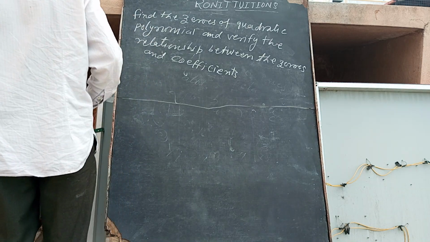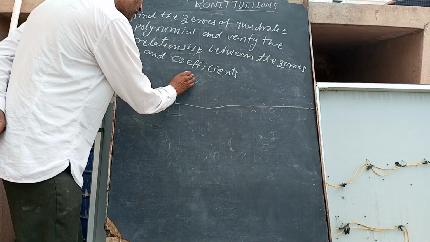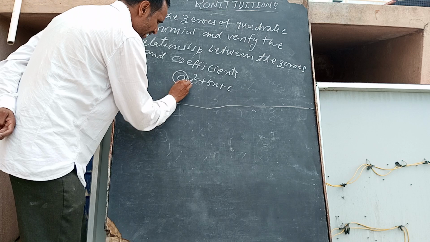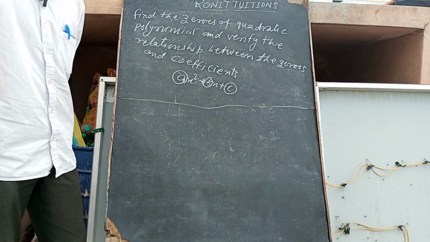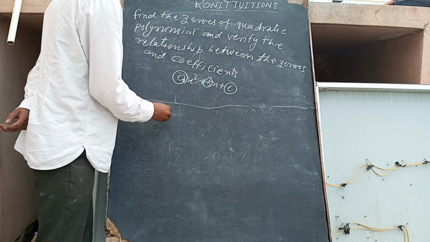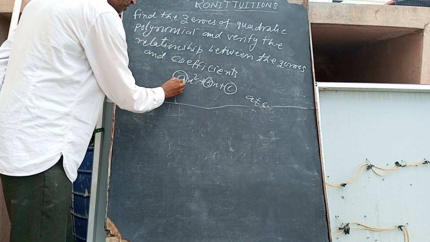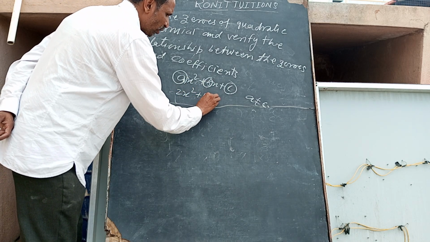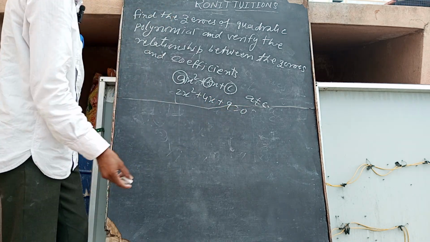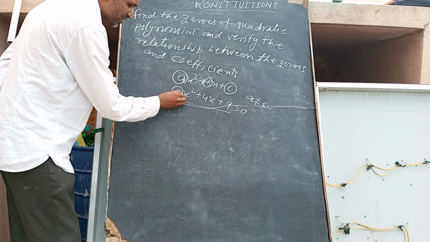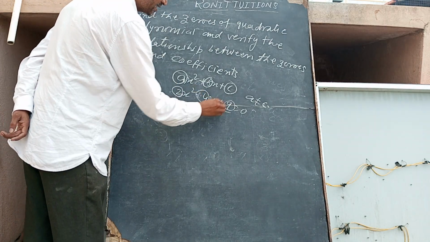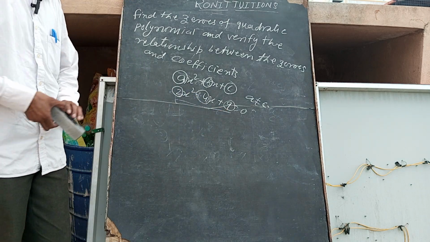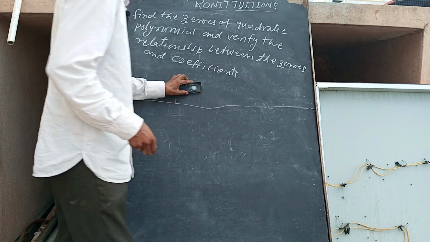Now first of all we have to learn what are the zeros, what is the coefficient. Coefficient means, suppose it is written ax square plus bx plus c. So these are called the a, b and c values, that are called the coefficients. These are numbers, and in that a never will be 0. Suppose in place of a I take 2x square plus 4x plus 9 is equal to 0. Simply taken like this. So these are called the coefficients 2, 4 and 9. Value of a is 2, value of b is 4, value of c is 9. So we first find alpha beta, then we have to verify the relationship also.